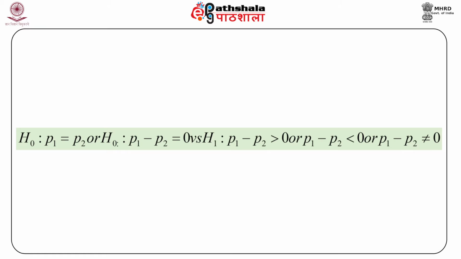Let's denote the null hypothesis H0 as P1 equal to P2, or H0 could be P1 minus P2 is equal to 0, which is the alternative way of writing the same null hypothesis. This is versus the alternative hypothesis H1: P1 minus P2 greater than 0, or P1 minus P2 less than 0, or we may also write P1 minus P2 not equal to 0 for our usual upper, lower and two-tailed tests respectively. Assuming both samples are large and samples are small relative to population sizes, the Z test